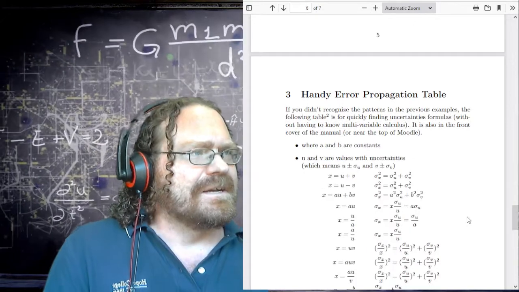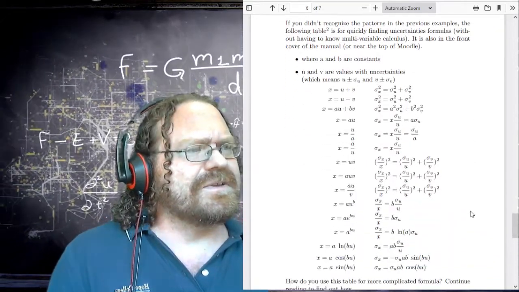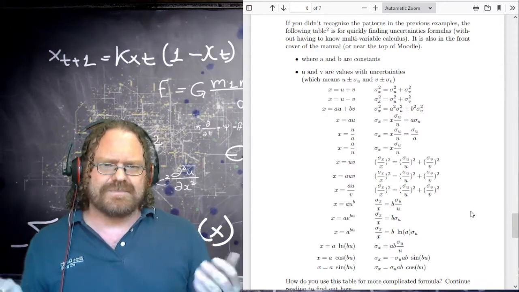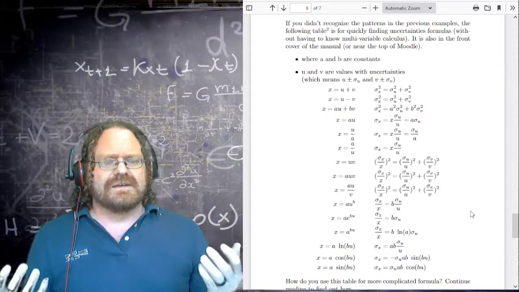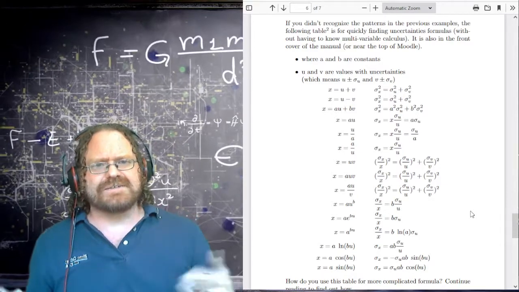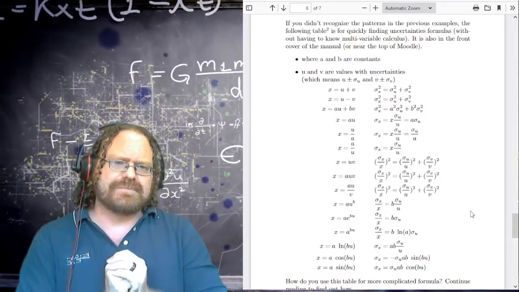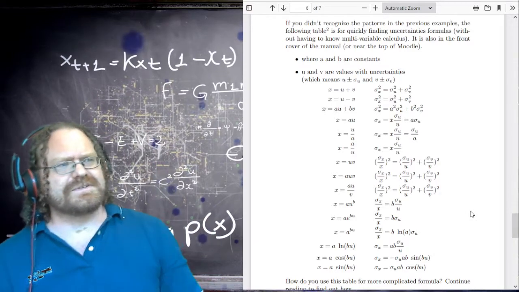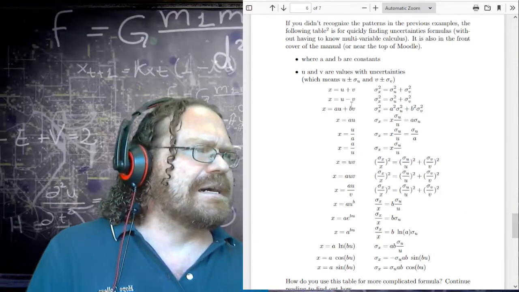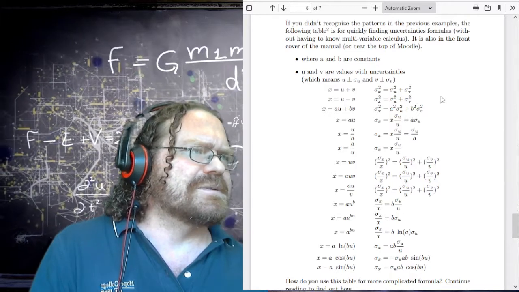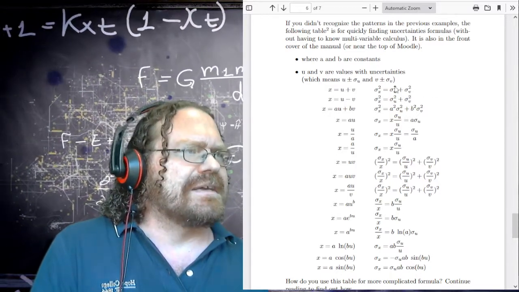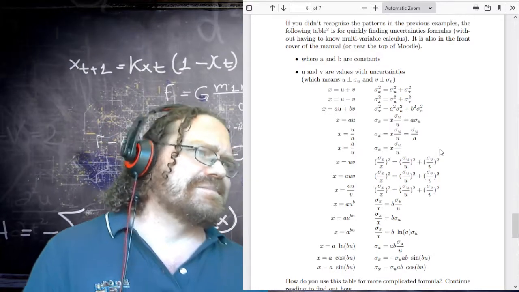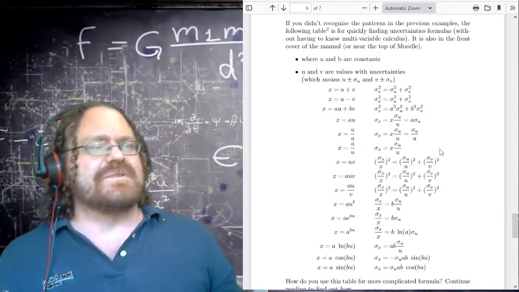Okay. So if you haven't had multivariable calculus, and you didn't recognize the patterns from those problems up above, here's a really handy table, okay? And how to use this table? Well, these first couple terms up top are those first couple addition and subtraction problems we did. And there's the answer. Sigma x squared is equal to, now on this table,